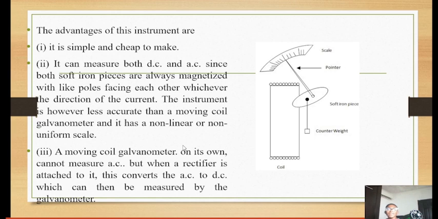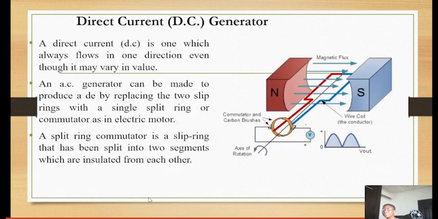A moving coil galvanometer on its own cannot measure AC, but when a rectifier is attached to it, this converts AC to DC, which can be used by the galvanometer. Direct current: a direct current, DC, is one which always flows in one direction, even though it may vary in value. An AC generator can be made to produce